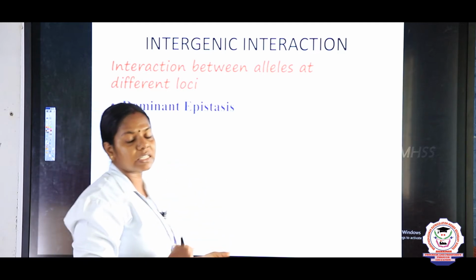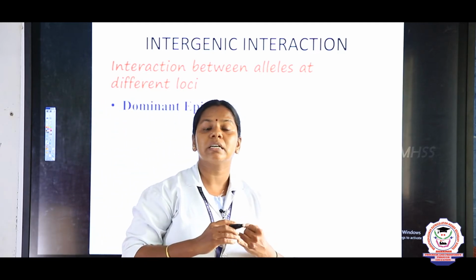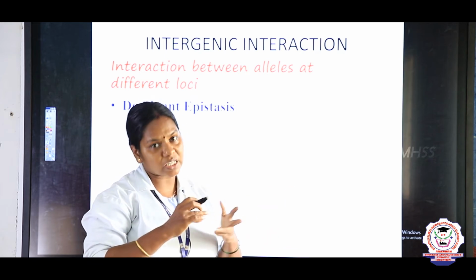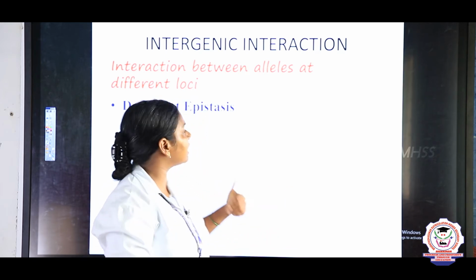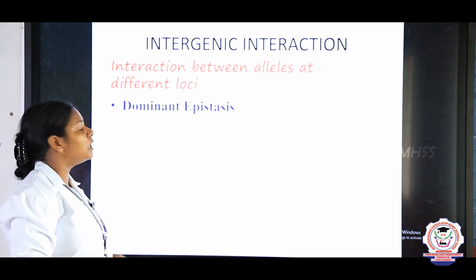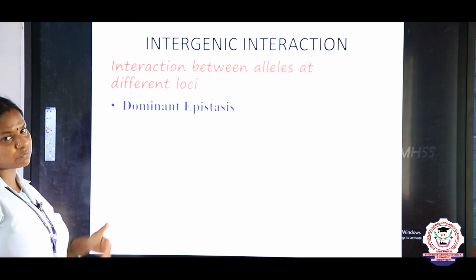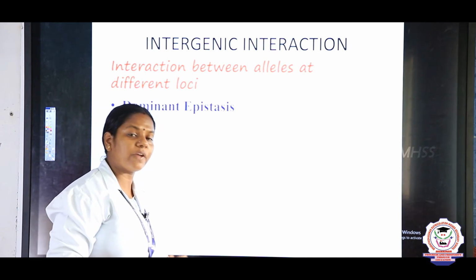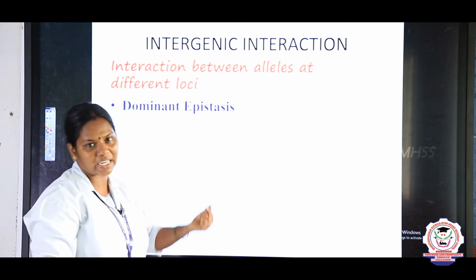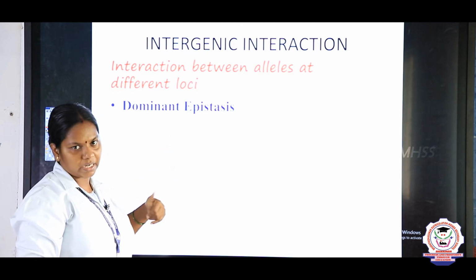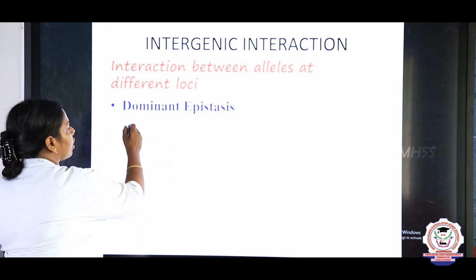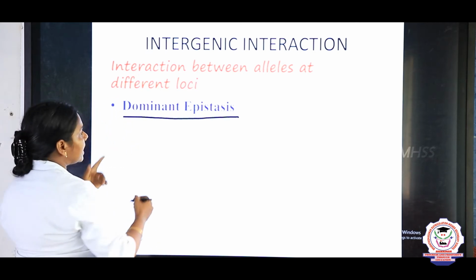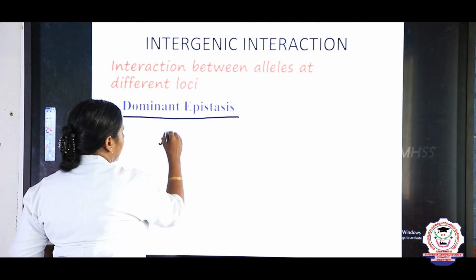We have discussed some of the types, right? There are the dominant epistasis and then polygenic epistasis. Of these, first we are going to study about the dominant type. Dominant means, when one gene is expressed, we say it as a dominant. And here the definition for dominant epistasis is, the gene or allele